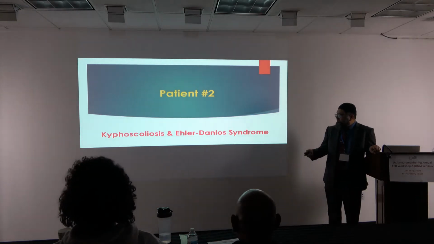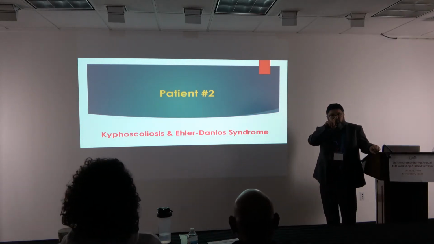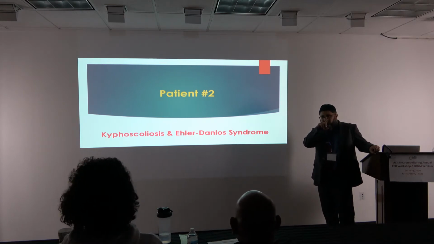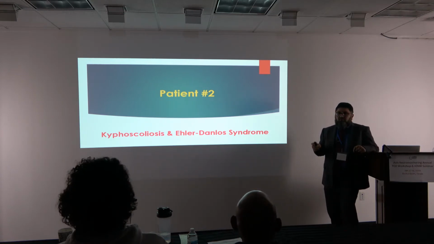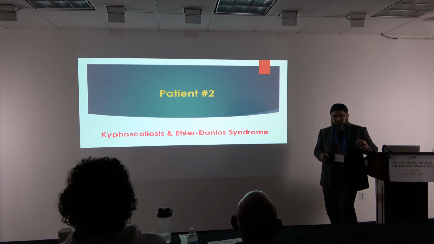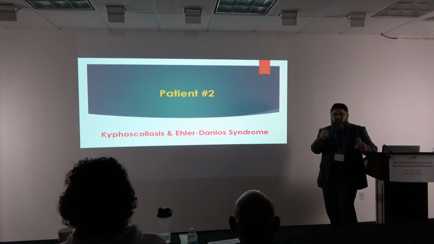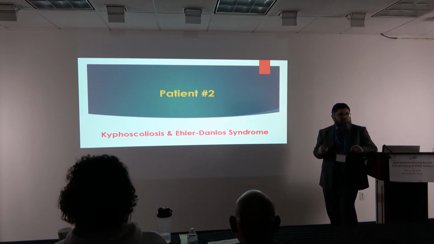The second patient was a kyphoscoliosis with Ehlers-Danlos syndrome. Do you know what EDS is? Have you seen a patient with EDS? Patients with EDS have very, very thin blood vessels. It's a collagen disease, and there are different types, type 1, type 3, type 4. There are a few papers published where they were exposing and the patient got paralyzed. We lost MEP and the patient woke up paralyzed without doing anything. The vessels are so much at risk because of that compromise. Nobody wants to touch this patient.